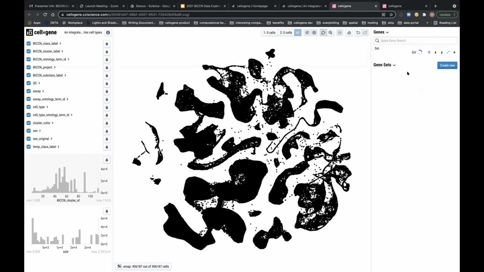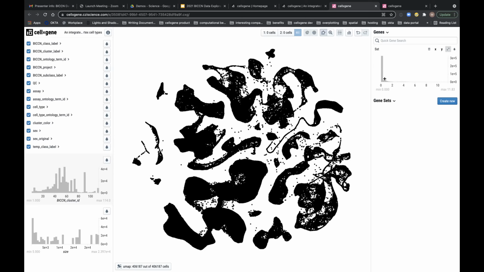We'll go ahead and take a look. I've entered somatostatin, or made the selection, so we get this little row in the gene list that pops up. We can go ahead and expand that, which gives us a fuller view. You'll see that what's been brought up is a histogram of somatostatin expression across the whole data set. A lot of these will look like they have huge numbers of zeros.